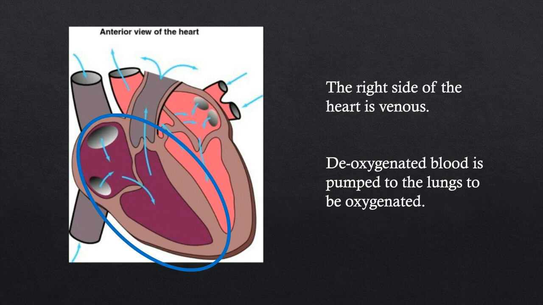Then the ventricle contracts, causing blood to leave the heart through the pulmonary valve, into the pulmonary artery, and into the lungs, where it is oxygenated. Oxygen-poor blood goes through the pulmonary artery to the lungs, where CO2 is exchanged for O2, also known as the